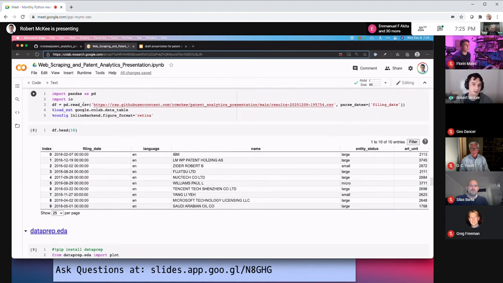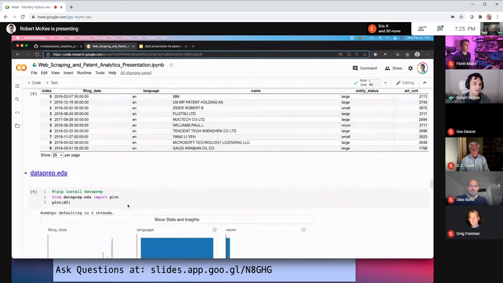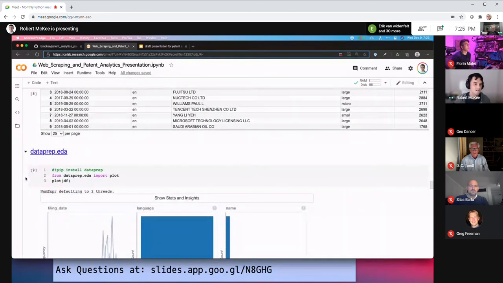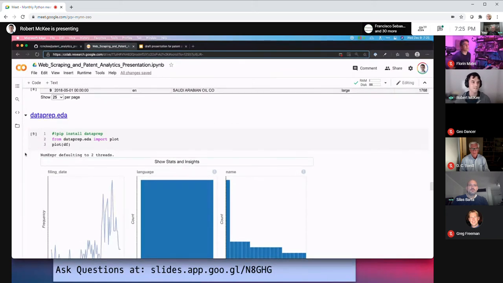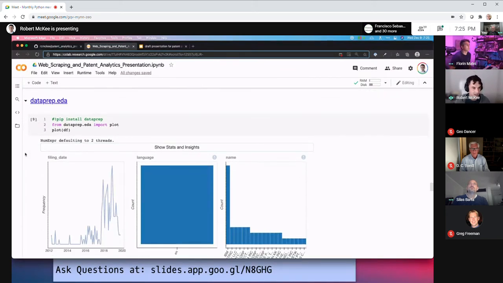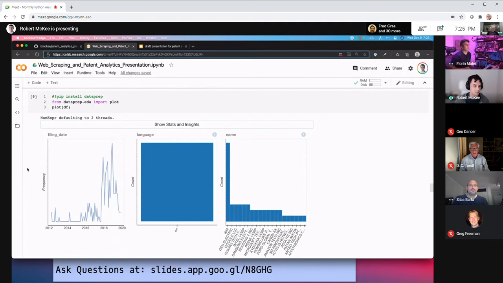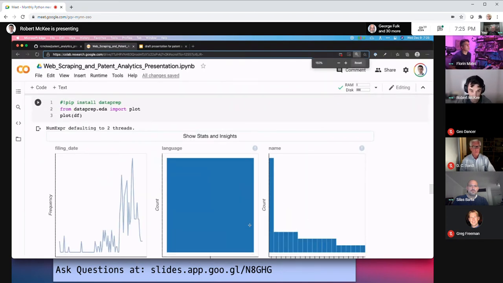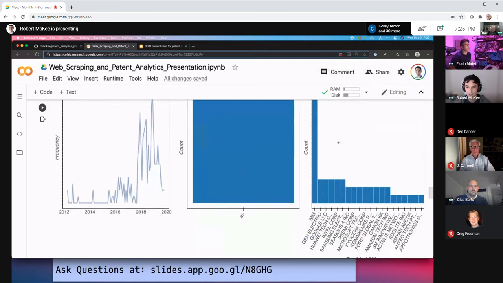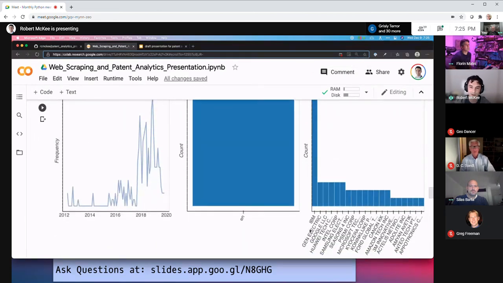So you've got all your data into a format on your computer, but you need to go through it. So these are some of the libraries that I've come across recently, like dataprep.eda. They kind of just instantly show you information. So as far as patent analytics go, if you're looking at this screen right here, you're going to see IBM come up.